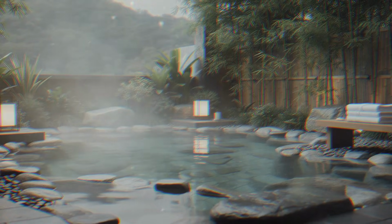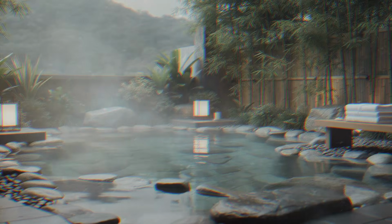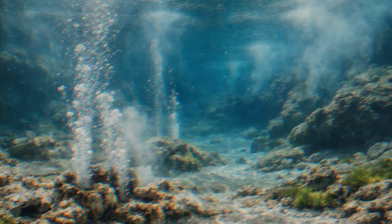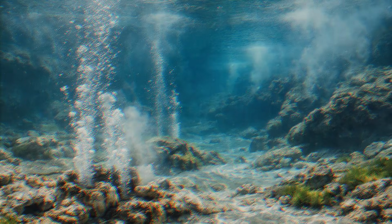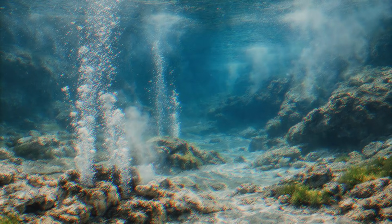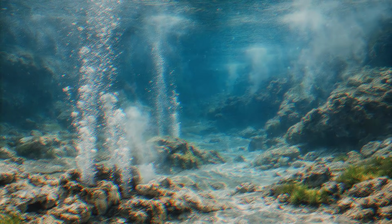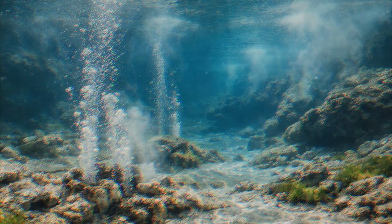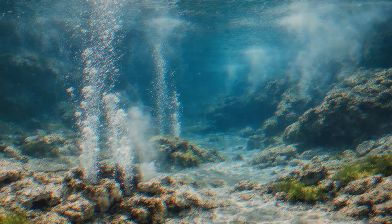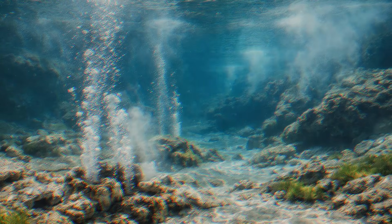This gentle movement upward completes another layer of the hot spring experience. Water meets air, heat meets space. What was carried underground is released without demand. The atmosphere absorbs it easily, and the space above the spring remains calm, open, and ready for the next quiet